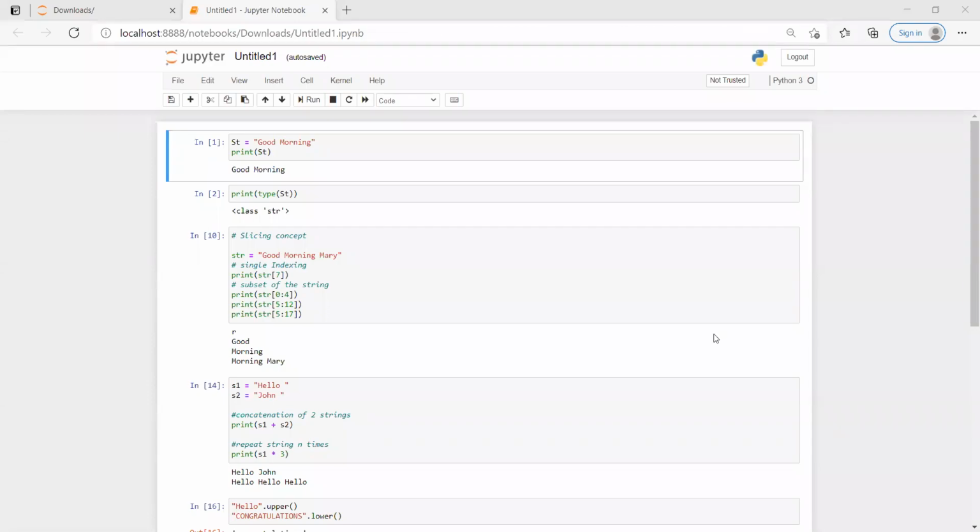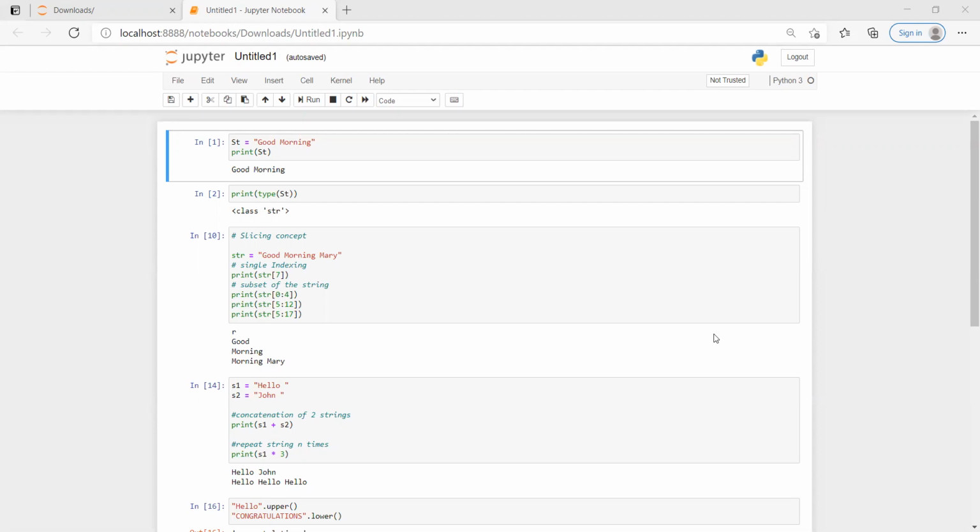Hi friends, today we are going to talk about a data type called string. Initially, when we were talking about the introduction of the data types, we know there are immutable data types and mutable data types. Today, string is an immutable data type. What is an immutable data type? Repeating back again, an immutable data type is a data type where, once you assign a value, the value of that particular variable cannot be modified. That's nothing but an immutable data type.